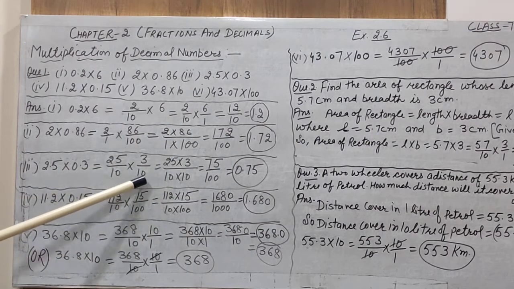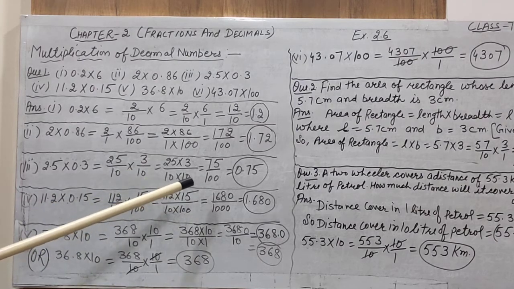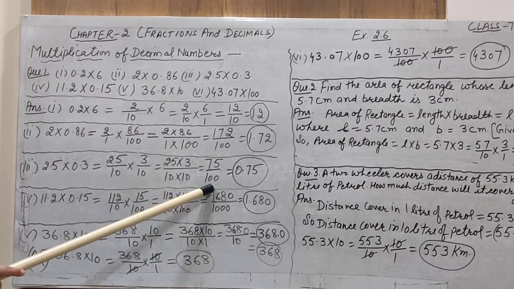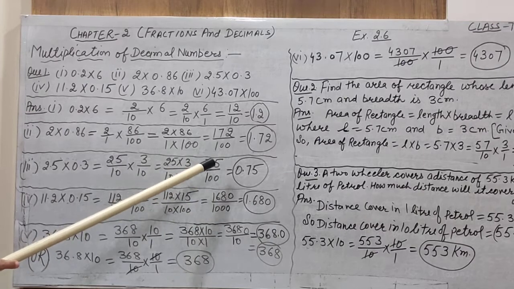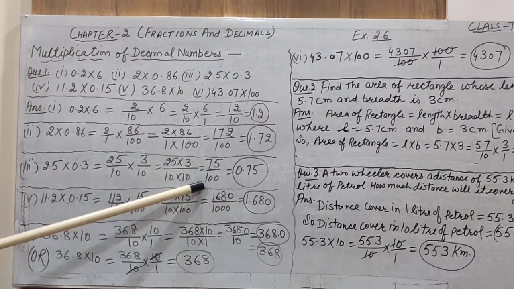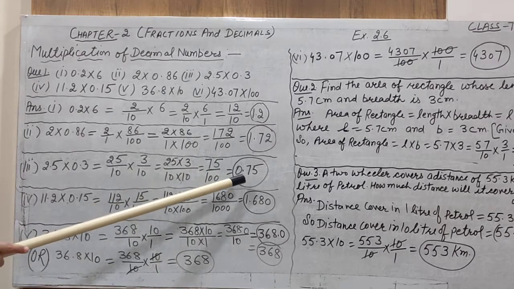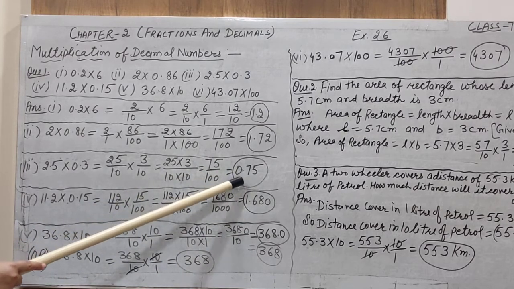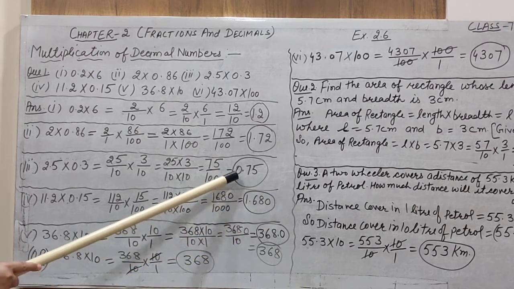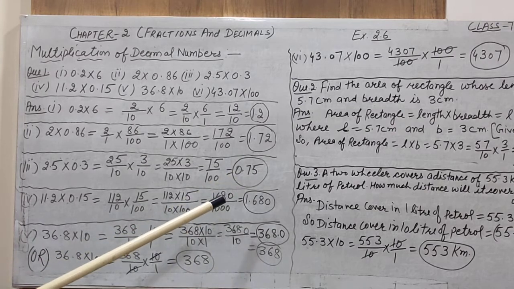In these two fractional numbers, the denominators are 10 and 10. But when we multiply these two denominators, the result of the multiplication of the fractional numbers is 75 divided by 100. Now 100 means 2 zeros are there. Alright, so we have to count 2 digits from the right hand side, 1 and 2, and put a decimal. Again I have placed a 0 before the decimal just to highlight the decimal. This does not affect the value. You can also write 0.75 as your answer.